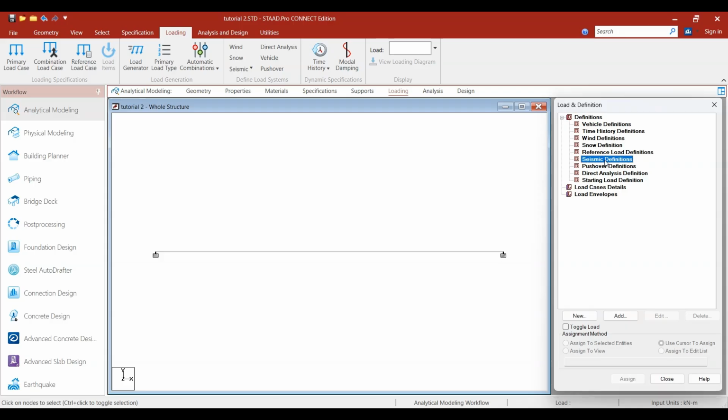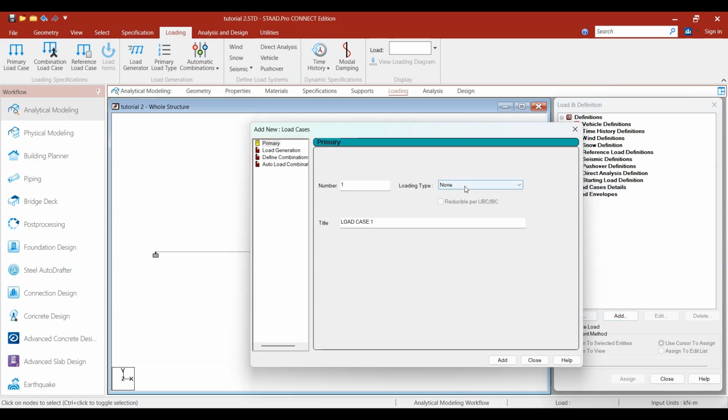Definitions means what? You can first define the seismic parameters, the wind parameters. These are most used parameters. Generally, you can also go for time history analysis, then some pushover analysis like that. So here you can define some wind definitions and seismic definitions, the parameters. Now in this load case details, if you click on this and click on add, there are various number of